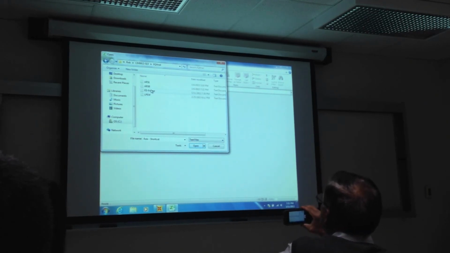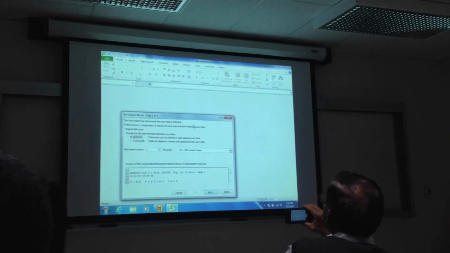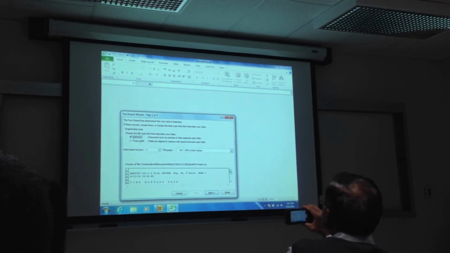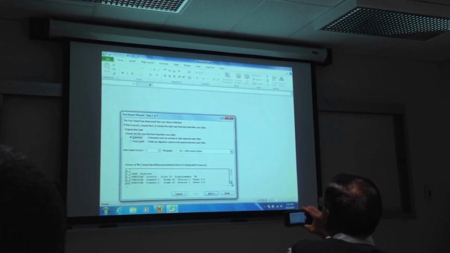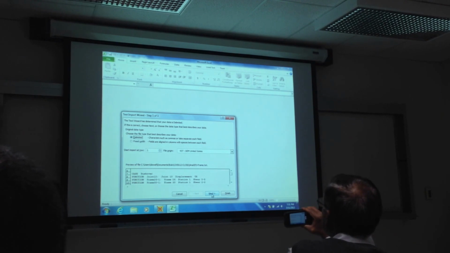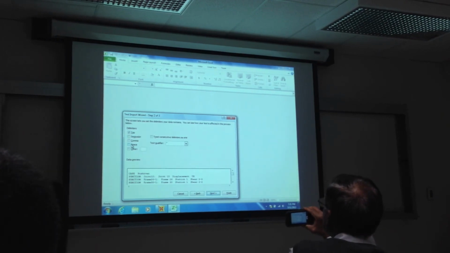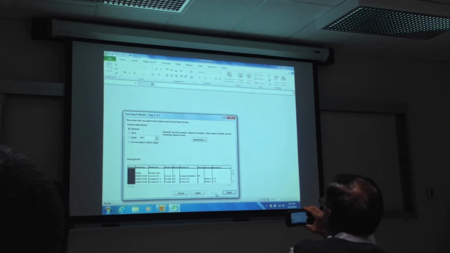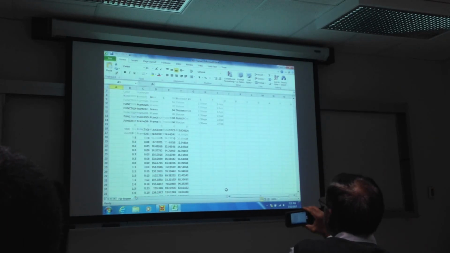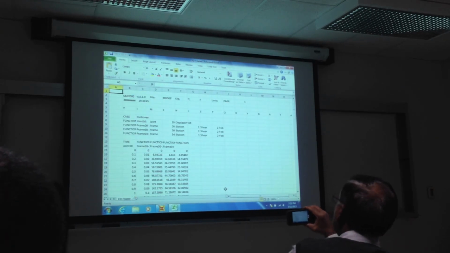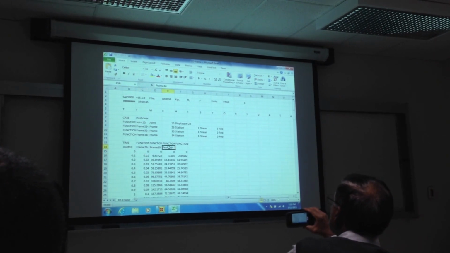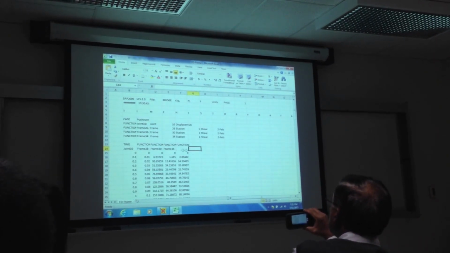And there it is, right? So, say next. Space, I think. There it is. So, there's the time. This got kind of manipulated and messed up when we copied it over, but